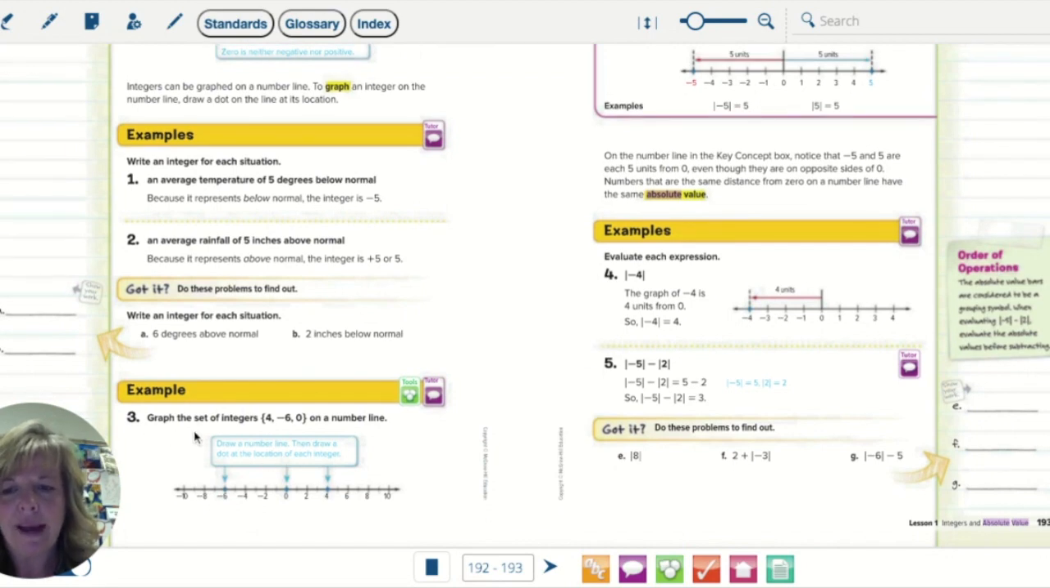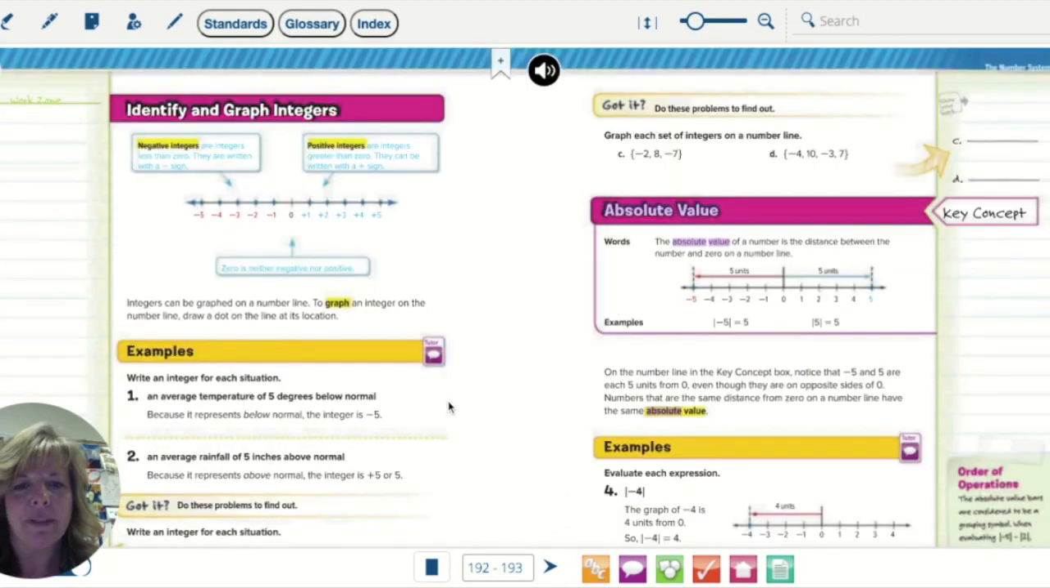Next example, graph the set of integers on a number line. To do that, you would simply identify where they are on a number line and put a dot there. Top of the next page, they give you more numbers to graph. Graphing a set of integers on a number line is just identifying where they would fall by putting a dot,